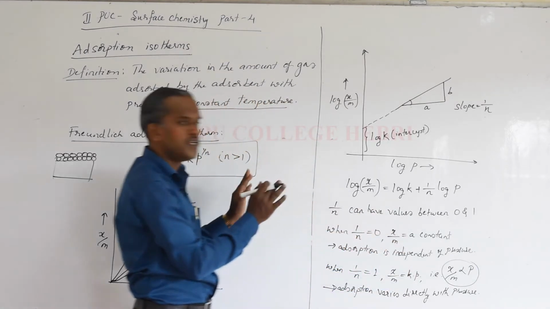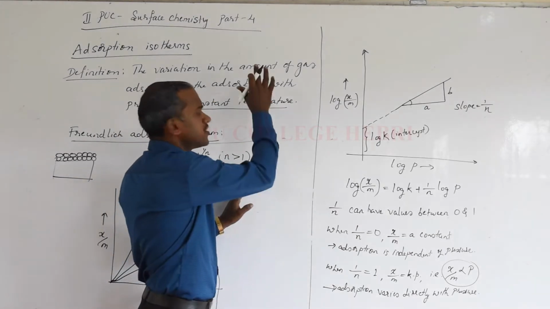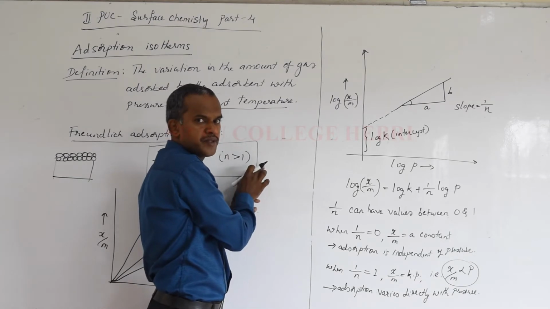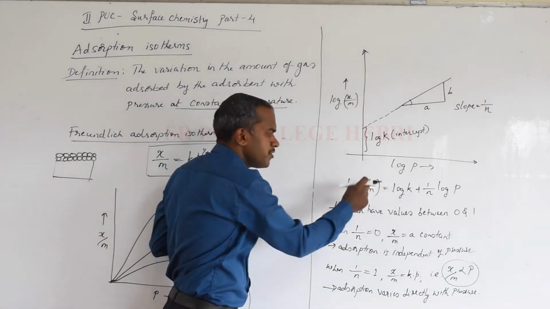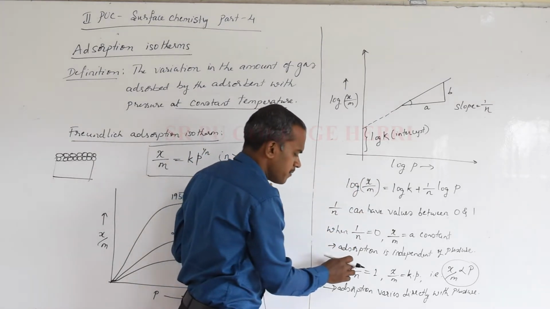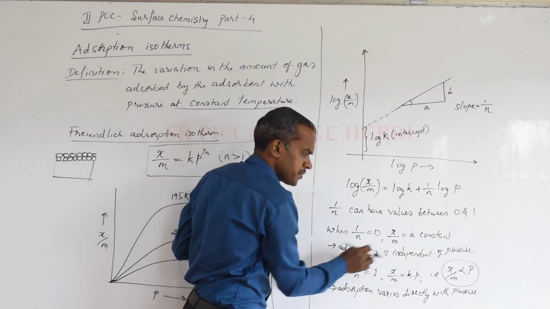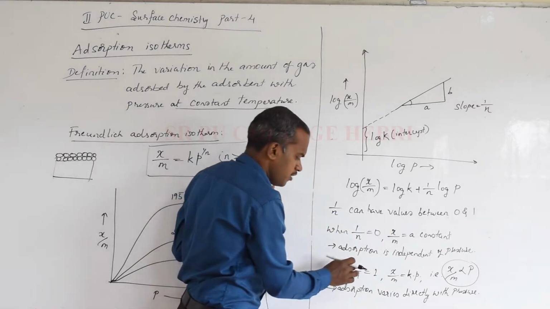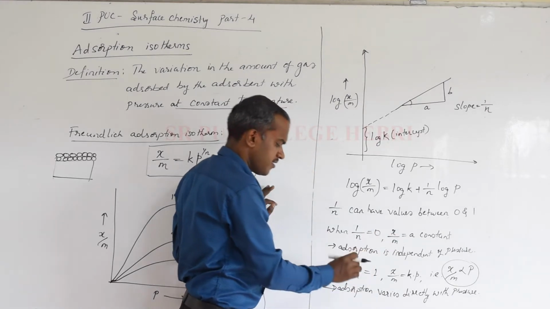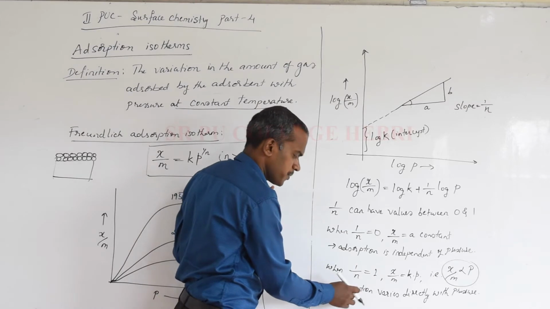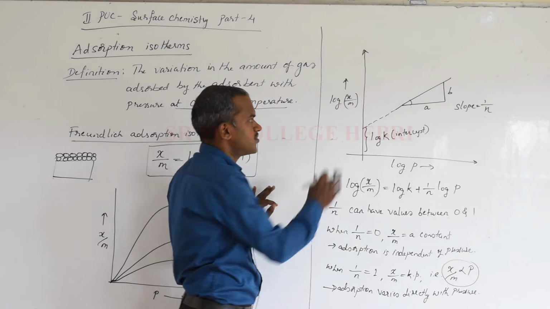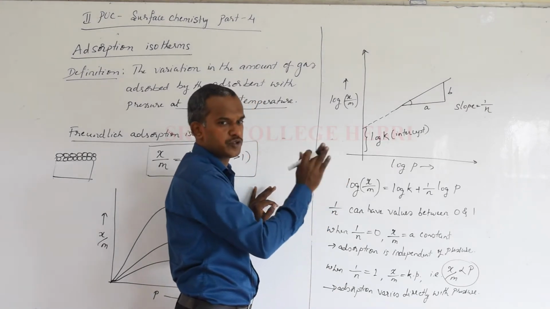So only three things you have to remember here. The first thing, what is the adsorption isotherm definition. Second thing is the expression for Freundlich adsorption isotherm, and then taking logarithm on both the sides, the evidences for Freundlich adsorption isotherm. When the value of 1 by n is equal to 0, the adsorption is independent of pressure, and when the value of 1 by n is equal to 1, the pressure is directly related to the adsorption, or adsorption directly depends on the pressure value. So this is about the adsorption isotherms.